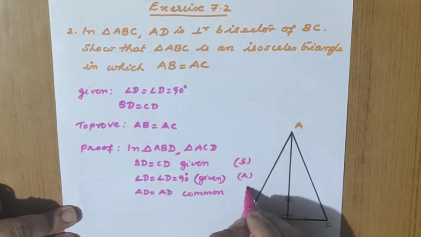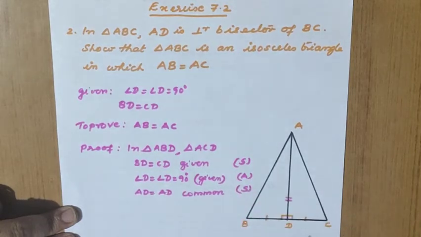angle, side. So what is the criteria to be checked? Whether the angle is included or not. So in one triangle only we should do the checking, ABD. We have taken the first side is BD, second side is AD. Meeting angle is which one? Included angle is angle D. So angle D is written. Similarly ACD is the second triangle. What is the first equal side? CD, and the second equal side is AD, meeting at D only.